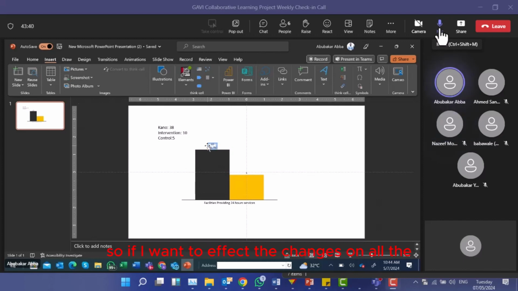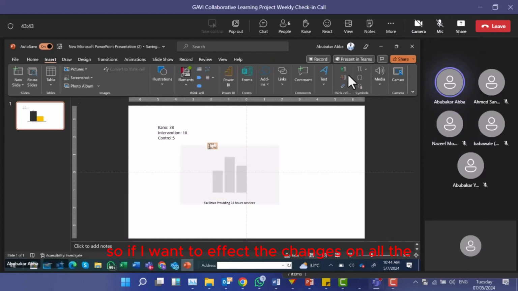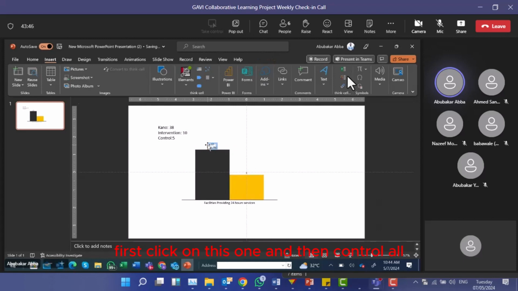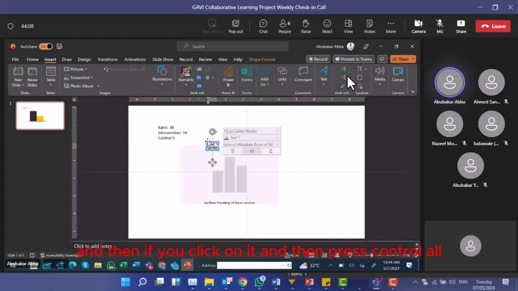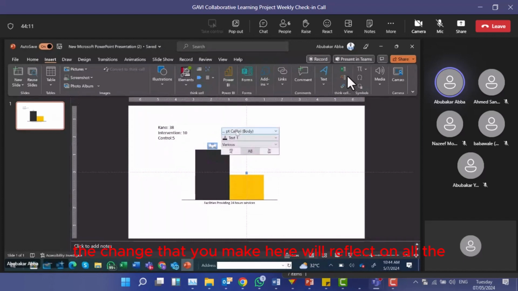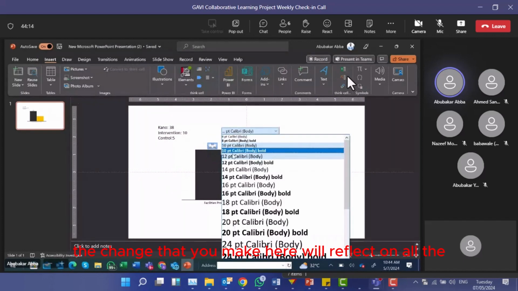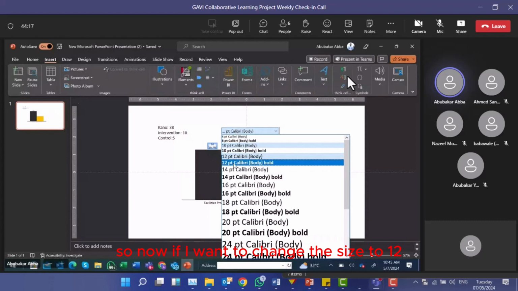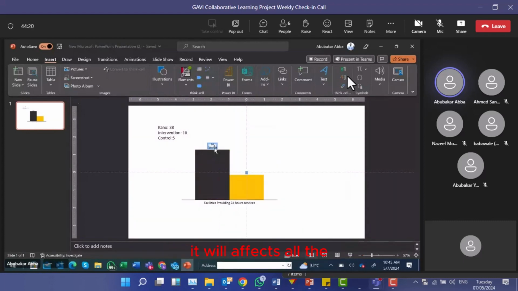Yeah. So if I want to effect the changes on all the data levels, first click on this one and then Control-A. Or once you click on this one, you can press Control and then you select the other one. But if you have multiple bars and you want to select everything, just click on the first one and then press Control-A, and all the changes that you make here will reflect on all of them. So now if I want to change the size to 12, it will affect all the